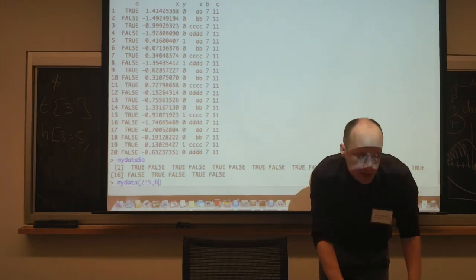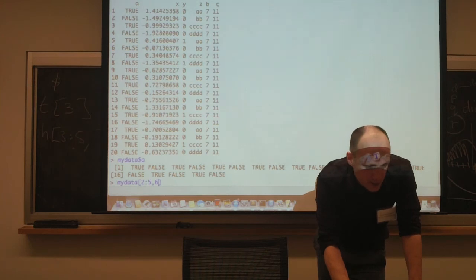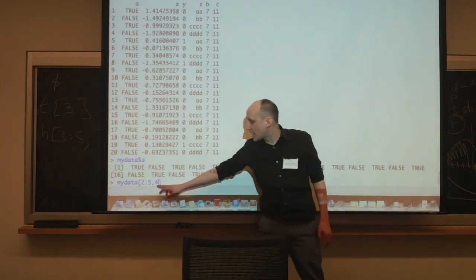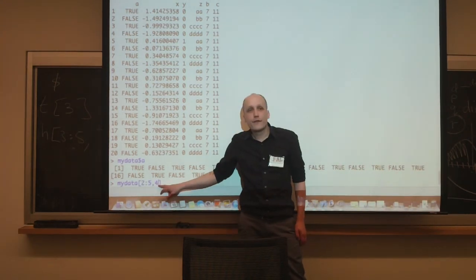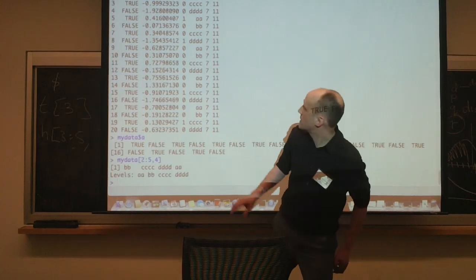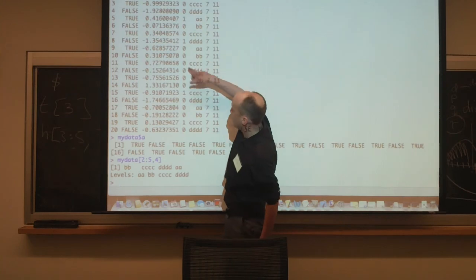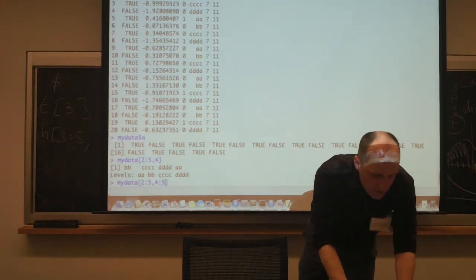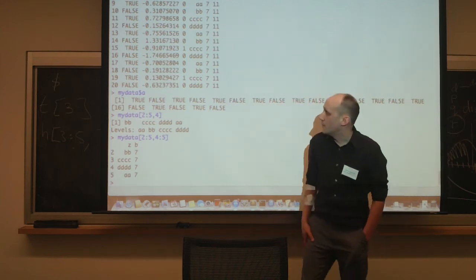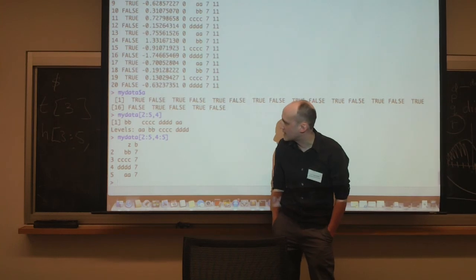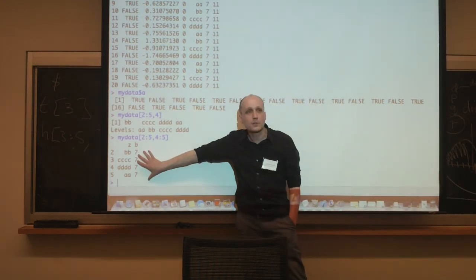2:5, 6. Does that exist? 1, 2, 3. Yes, it does, but it's not very interesting. 4. What would that be? This would be the second through fifth rows and the fourth column of this matrix. So that's going to be a little piece of the matrix right here. If I'd said 4 and 5, now it'll give me a data frame because it can't reduce it in scope. It can't recast it as a vector. So it's going to give me a little piece of a data frame.